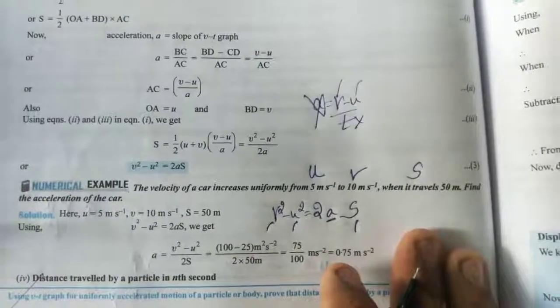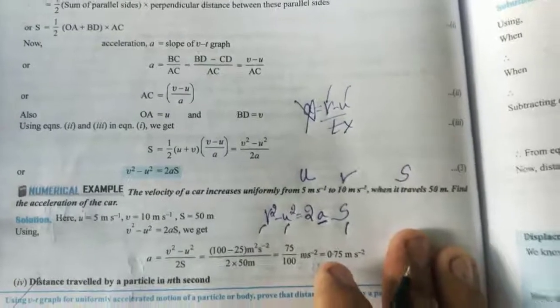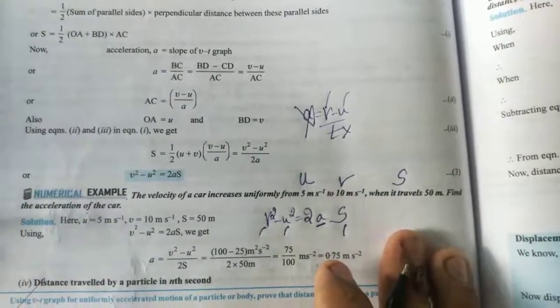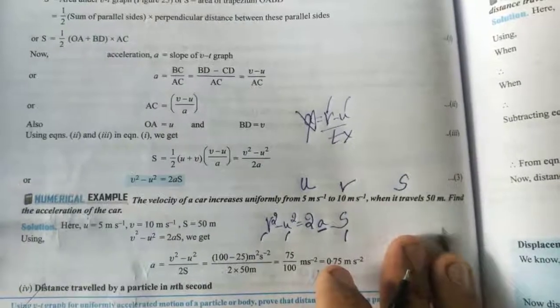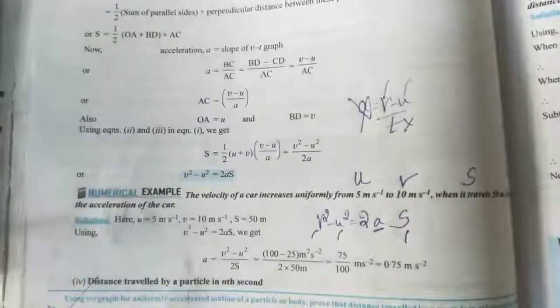So this is the numerical that you have. Note down the definition of this numerical. You have to do it in your fair notebook. Okay, you can pause the video and note down the definition.